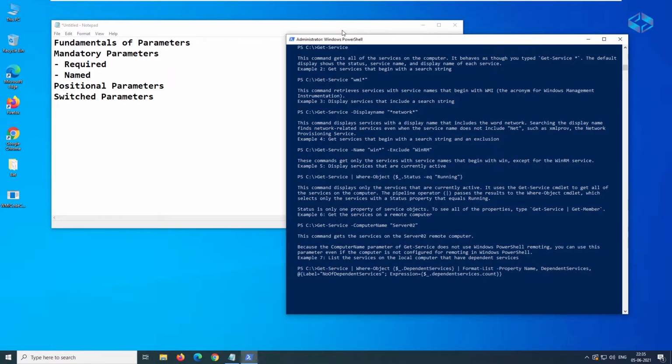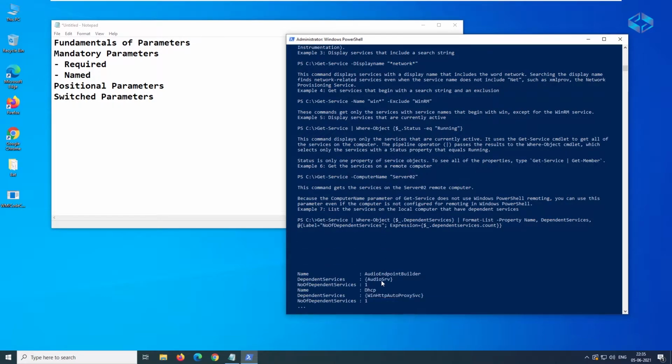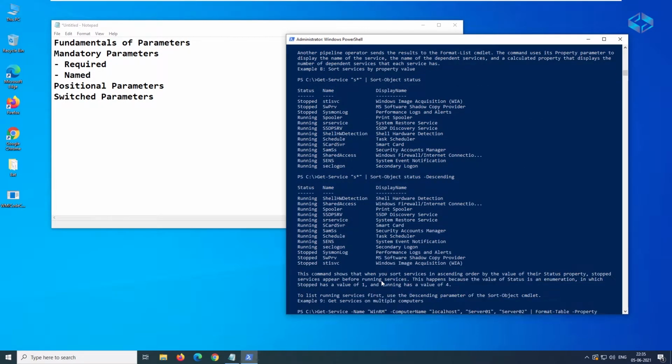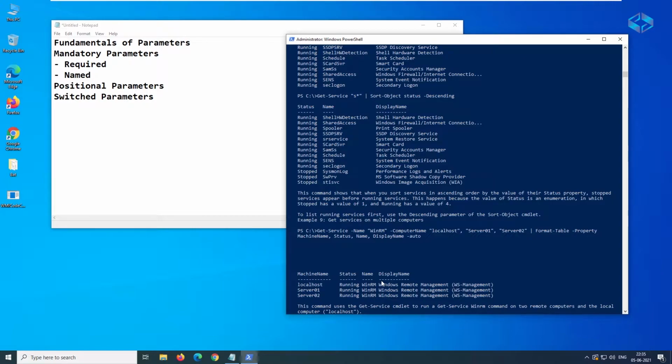You can see Get-Service with the things we have already discussed in the previous videos. There are multiple things you can combine and use. By reading the examples, you will be able to easily combine or create a command, or even create a script based on that, right?